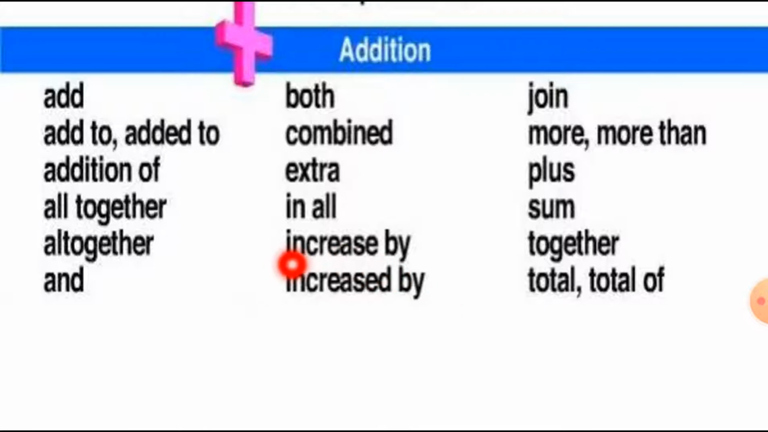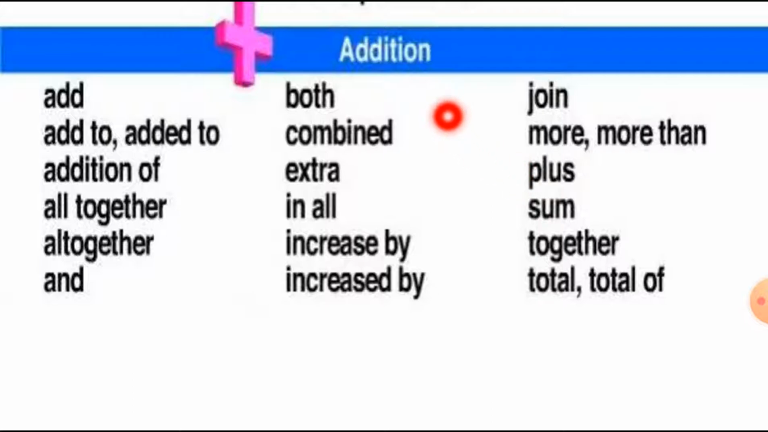Then increase. How many increased by? Join. Let's join this many numbers. So this is the addition indication. More and more than. How many more than this? How many more is this? So these types of sentences